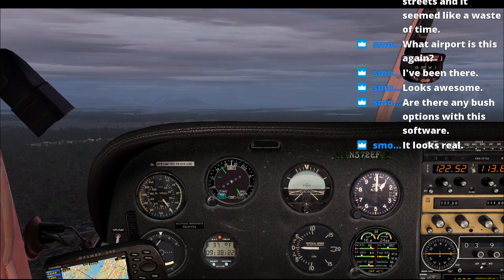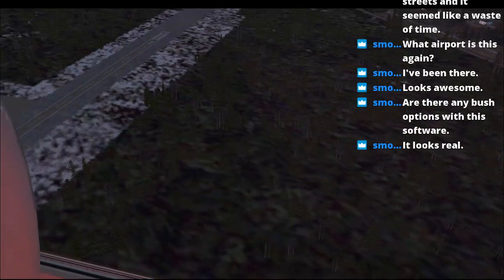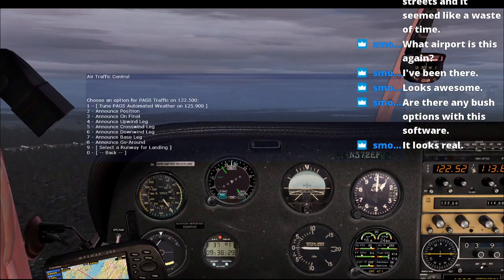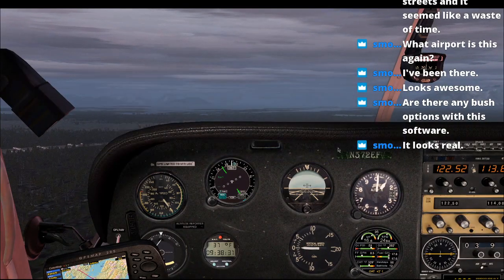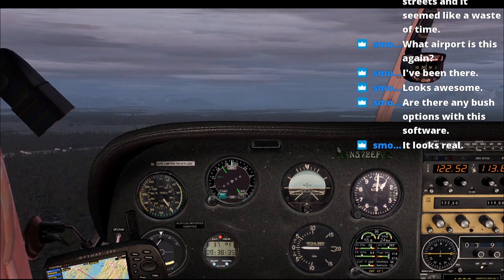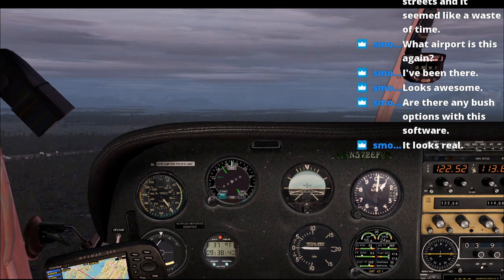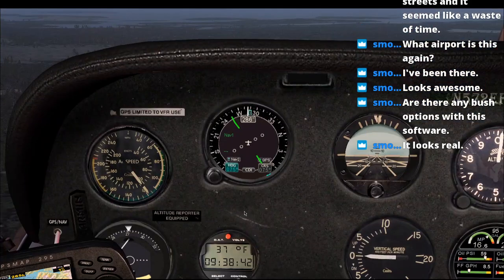Okay, so we just overflew the runway. I'll go ahead and say, Davis traffic, Cessna 2 Echo Foxtrot is on upwind to runway 29, full stop landing. Let me go ahead and actually, this is my...